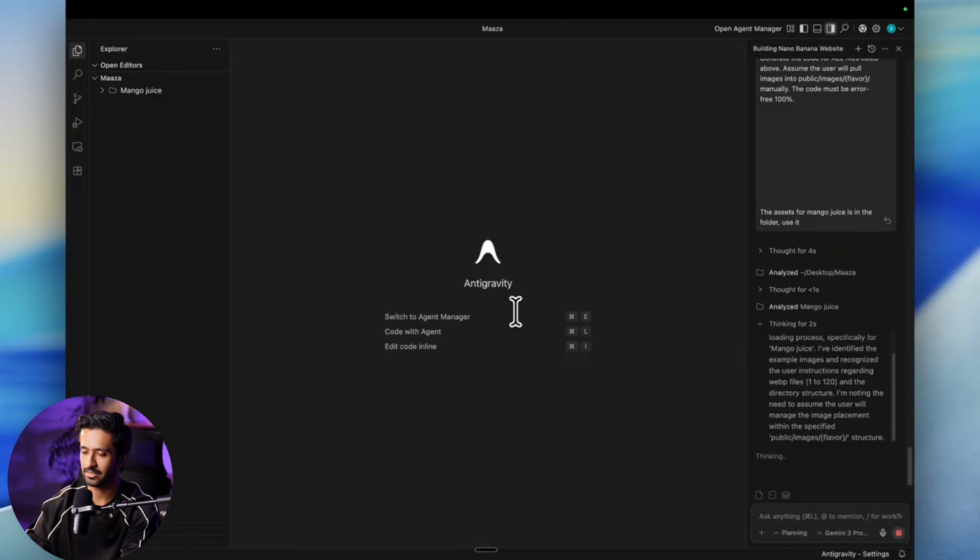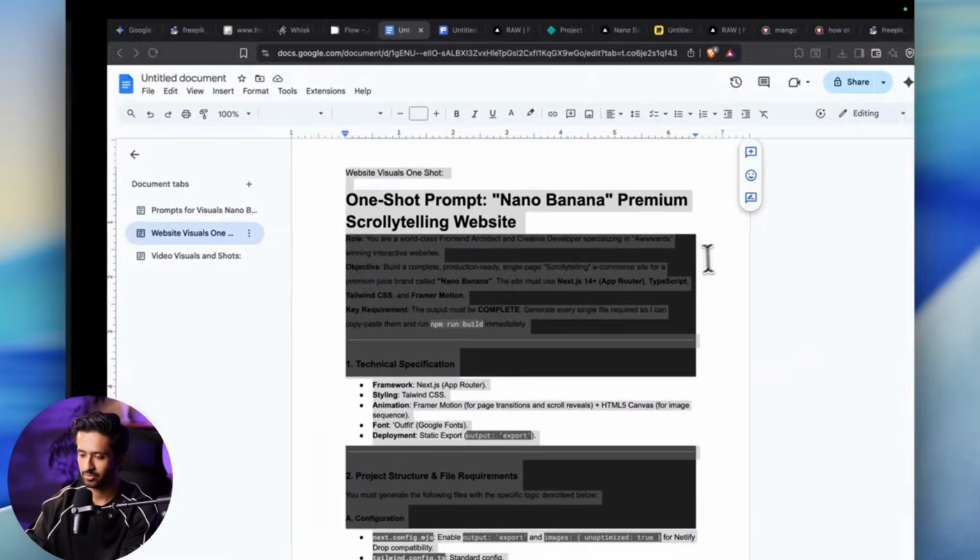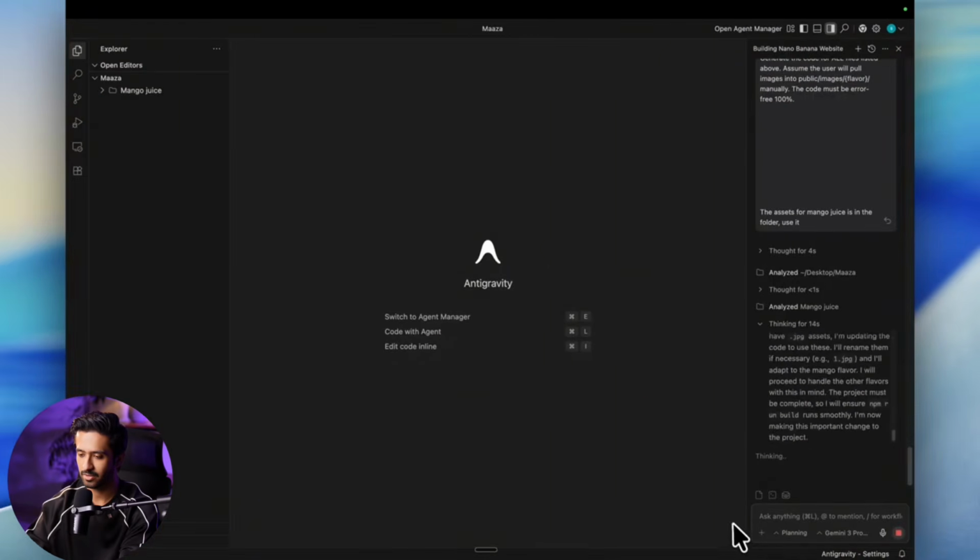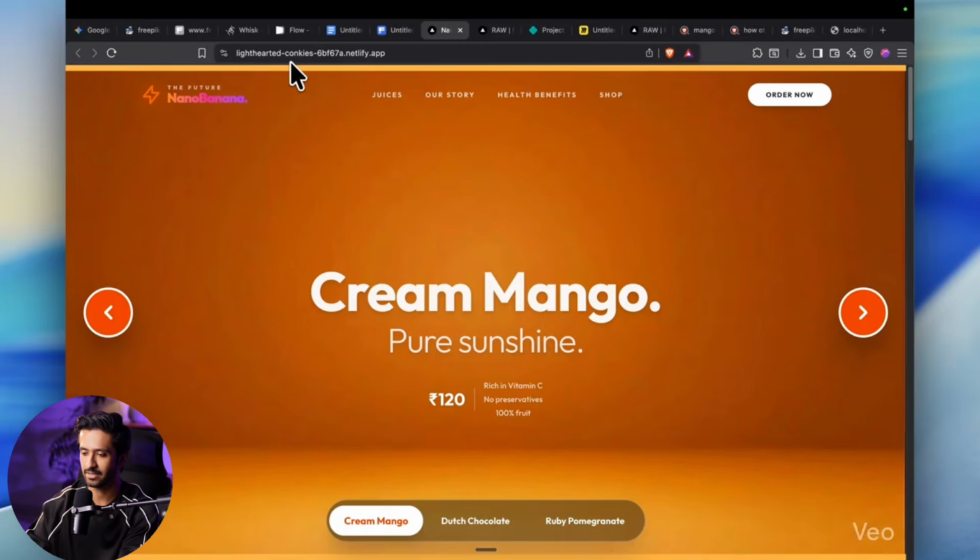Let's look at the easier setup, which is just extracting the whole project file and putting it onto Netlify, and it gives us a temporary URL. So how do we do that? Let's go to Antigravity and start a new terminal. Once you're inside Antigravity, to get a simple static file of the whole setup,